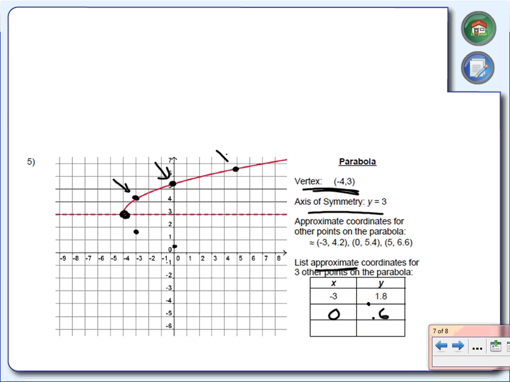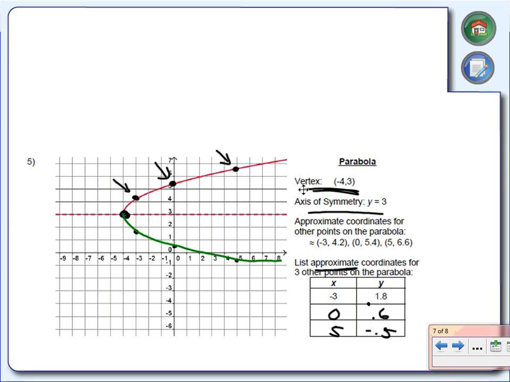Now let's attempt to find this one last one here. Notice how far it is away from the axis of symmetry. Notice it's 1, 2, 3, looks like about 3.5 units. So if I go 1, 2, 3 in the opposite direction, that would place it right about there. So the question is, what would you call that ordered pair? 5 and negative 0.5, 0.6. Again, this is just an approximation. We'll call it 0.5. All right, so now that I have those points, if I connect all of these points,